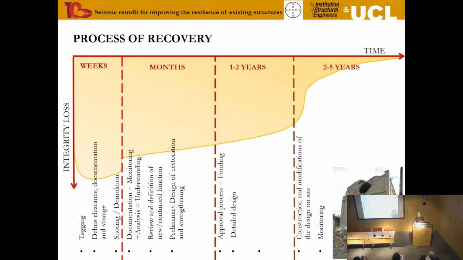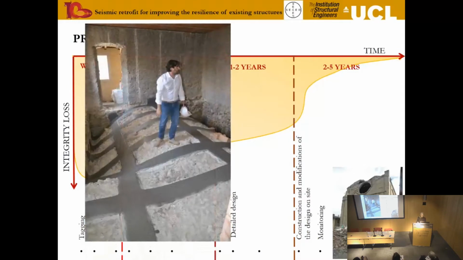In Italy, this is usually not the case. However, both the L'Aquila and Amatrice earthquakes have received European funding to help the reconstruction. And of course, an administrative system will have to be put into place in order to deal with all the aspects of reconstruction. Finally, once this is all sorted, we can go on site and start constructing and retrofitting so as to obtain and take back the building, as it were.